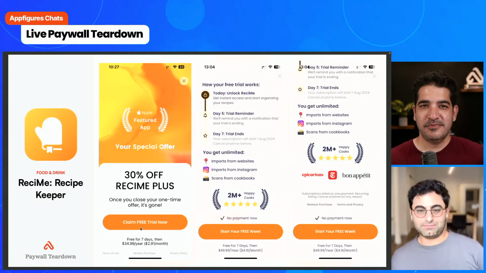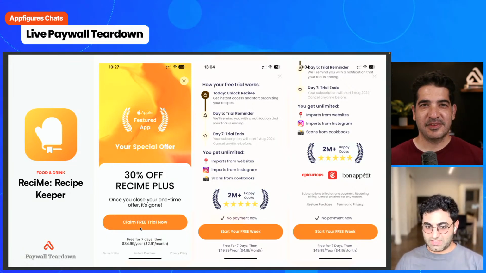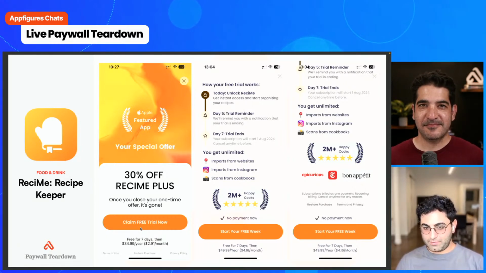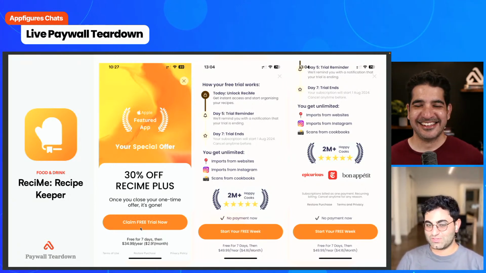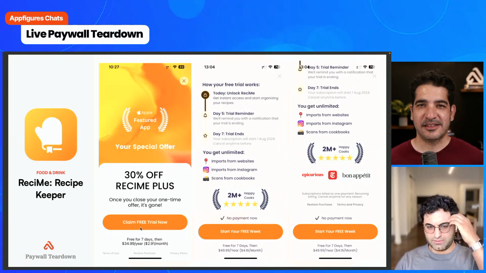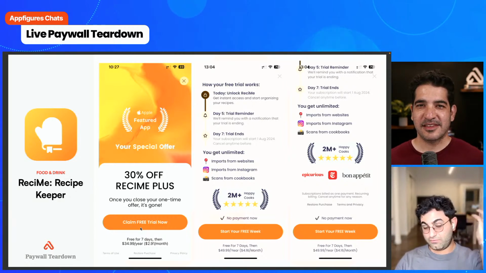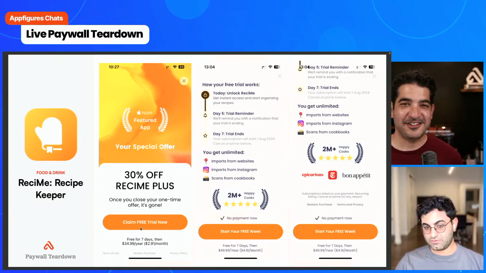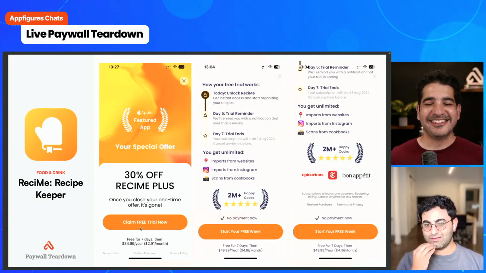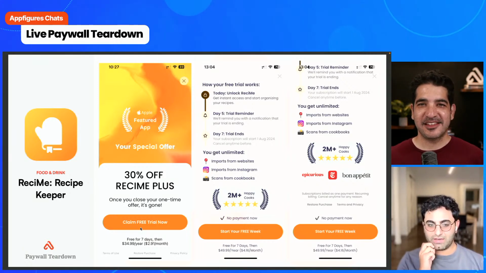He's constantly testing. But yes, some things are great here. The trial timeline obviously works awesome. No payment now. This is like magic text that just works. It's a trick that usually always does something great. We tried changing "start your free week" versus "start 7 days free," and "start your free week" actually did better. But we also changed a lot of things in the paywall, so it's not really a clean experiment, to be fair.